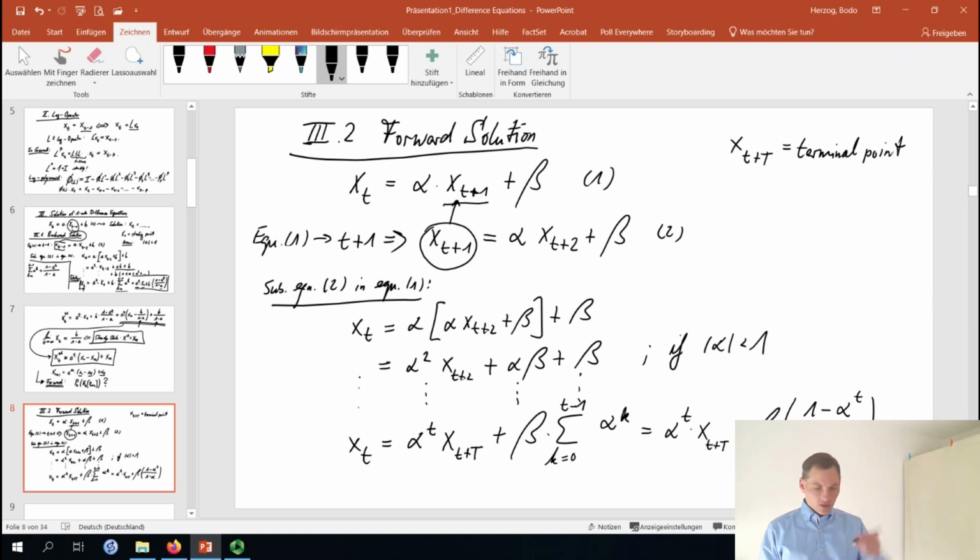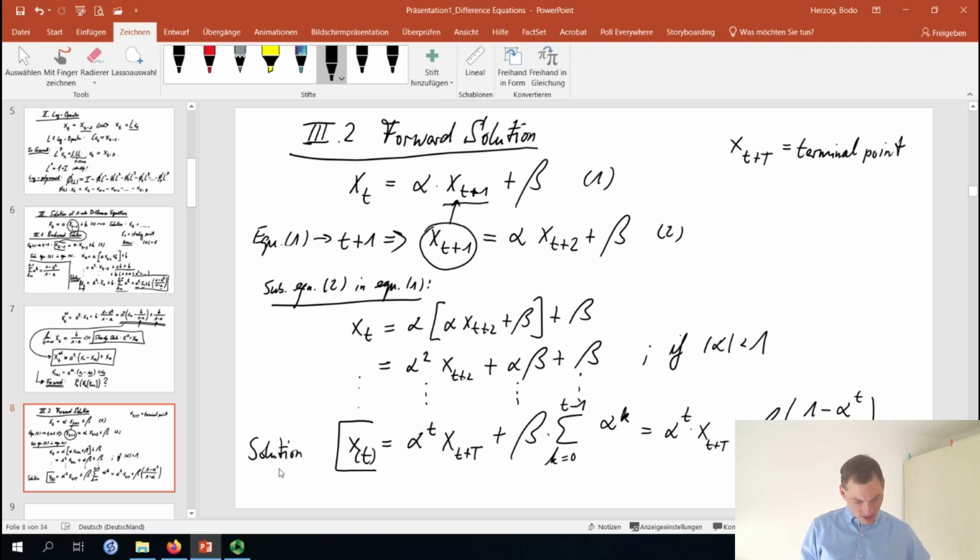And of course, that can also be rewritten with steady state points as we discussed a moment ago in the backward solution. So this is what we call the forward solution. You see it basically follows the same process. Again, that's a solution because it gives me my function dependent on time. It just depends on alpha and beta, which are numbers, and you just have to put in the respective t you want to know, or if you want to plot the function, you plot it for t1, t2, t3, t4, and so on,